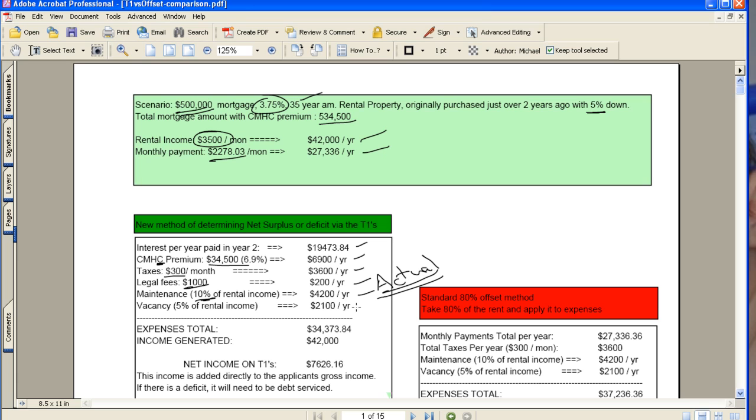And vacancy is not really something that we can account for on the tax returns, of course. I've just put it here to make a point that we don't account for it, but we do take into account this particular item in the 80% offset method. So our expense total here is $34,373.84. This is the total of all the items up here that we've declared on the T1s,